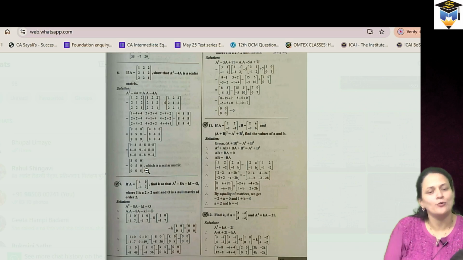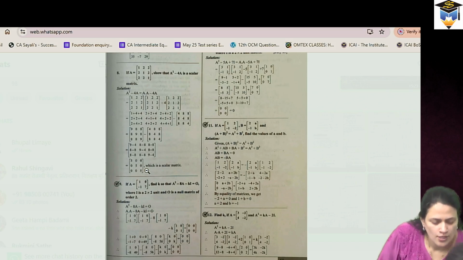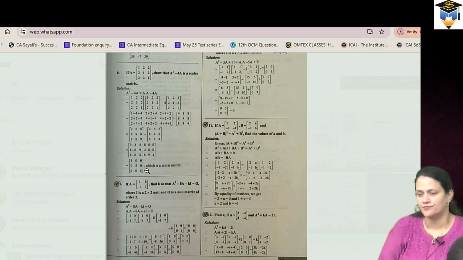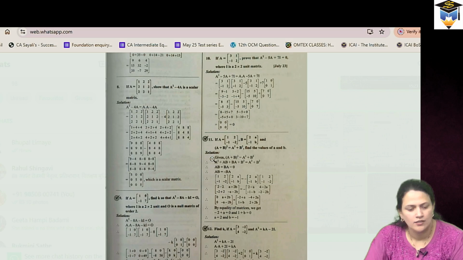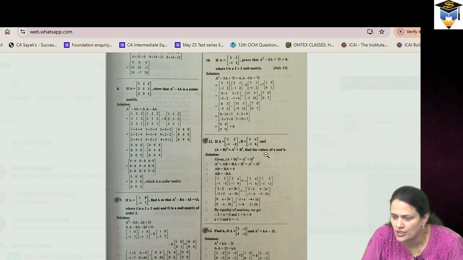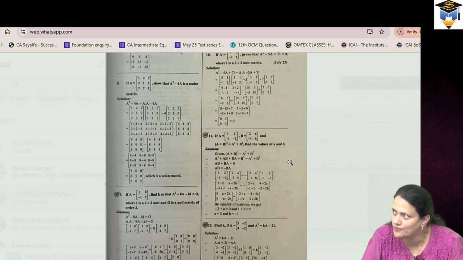So you have to find out a square minus 4a first. So okay. They have done this, a into a minus 4 into a. Understood? No, you take it. I have it with me. So now do question number 11. Okay. So in question number 11, as you can see over here,